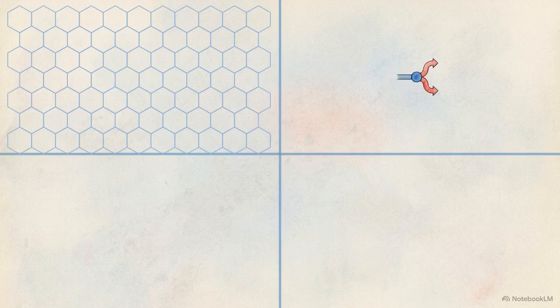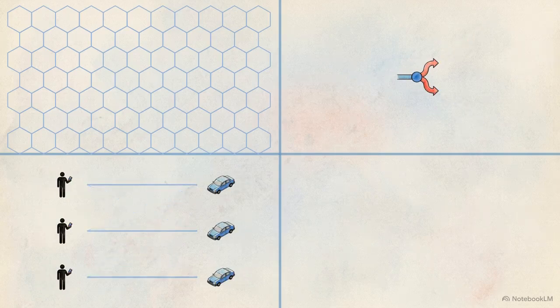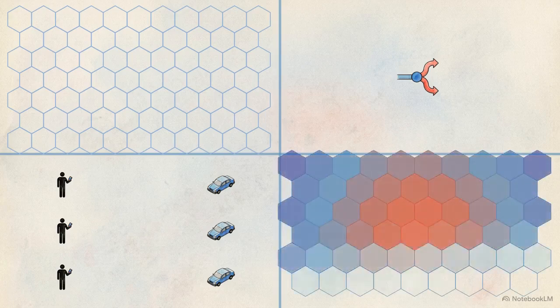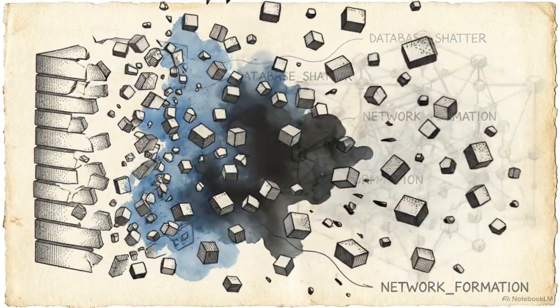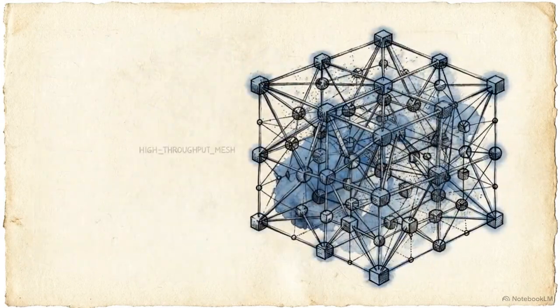We are going to build this architecture piece by piece. We will start with the spatial grid, move to the ingestion pipeline, optimize the dispatch algorithm, and finally deconstruct the surge pricing engine. To make it work, we have to abandon traditional relational databases entirely and model the world through